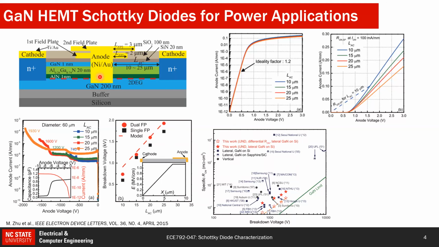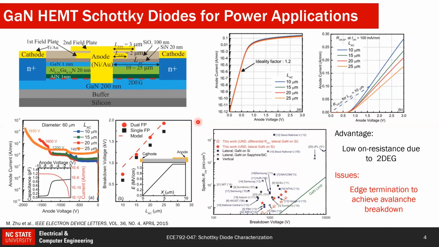So one can fabricate a diode, let's say, directly on GaN, then why use even AlGaN/GaN? Because here they are still making a contact to GaN, but they can have the advantage of the two-dimensional electron gas. And we know from this course that the mobility of the 2DEG is higher than the gallium nitride bulk mobility. But the problem here would be the edge termination, because